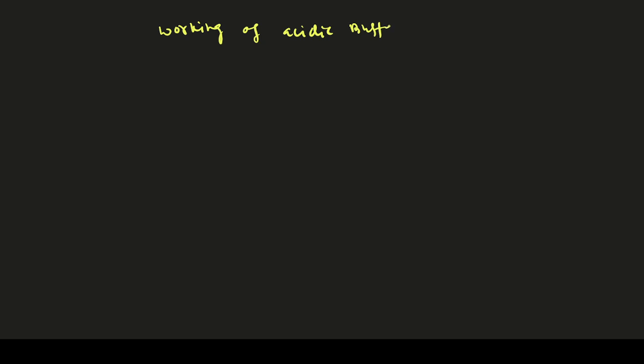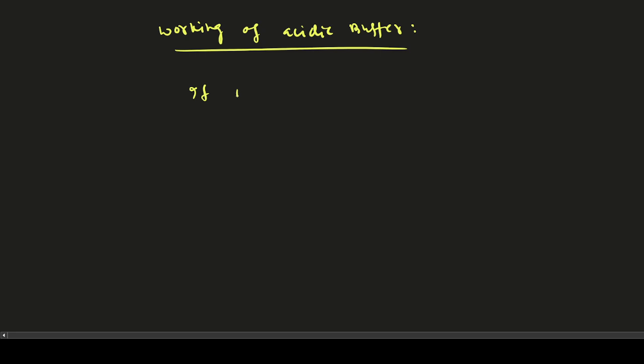So now we'll look at the acidic buffer, the working of the acidic buffer. If we add a little amount of acid or base, acid means H plus we are adding, like if we say HCl, then that is going to give H plus